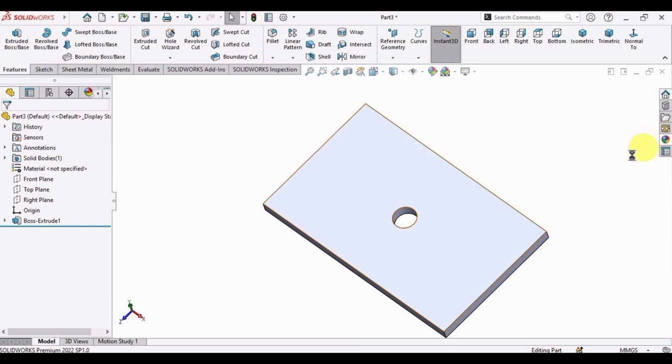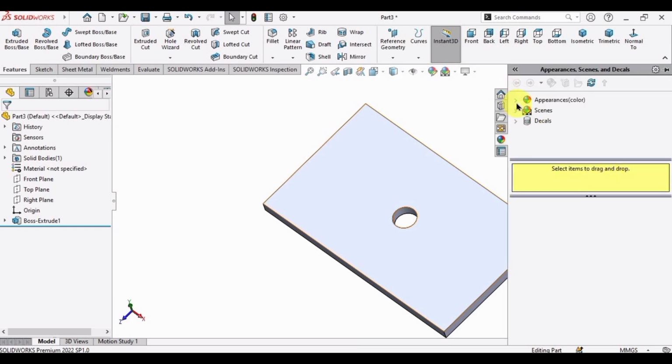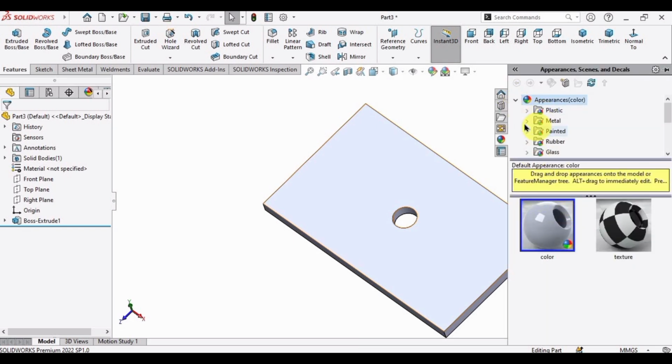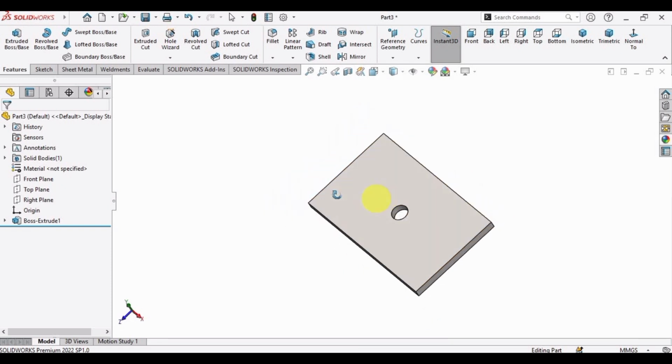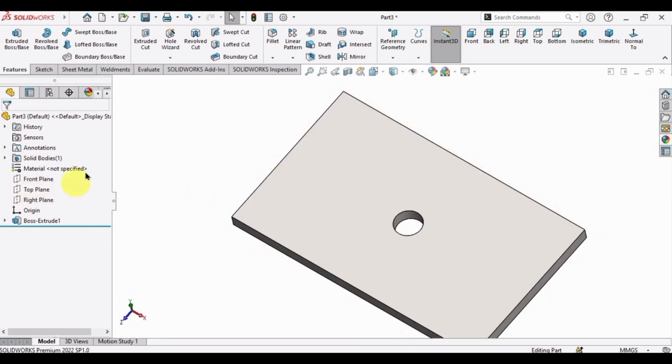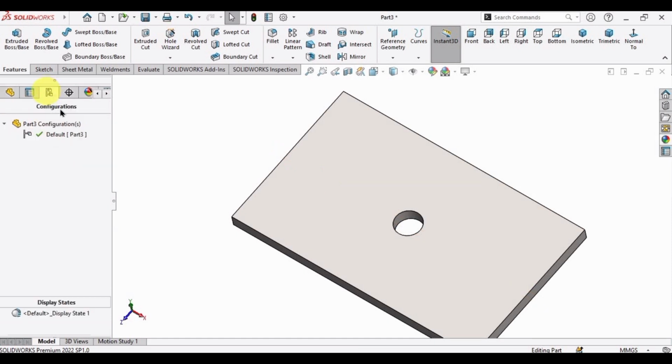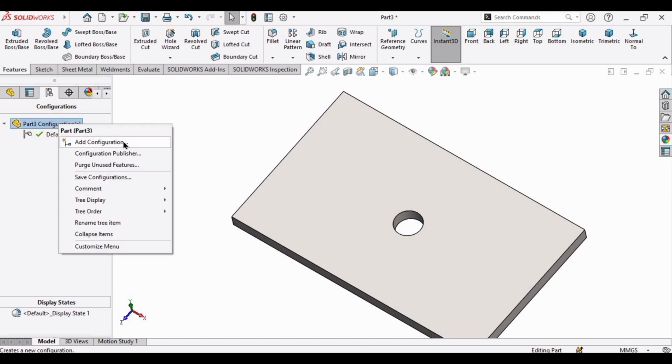So let's now specify the color because this is looking somewhat weird. You can apply any color. All right, so this color is looking fine. Okay, so now go to configurations. This is configuration, so click on this configuration and now we are going to make a configuration here. So click on this part and add configuration,